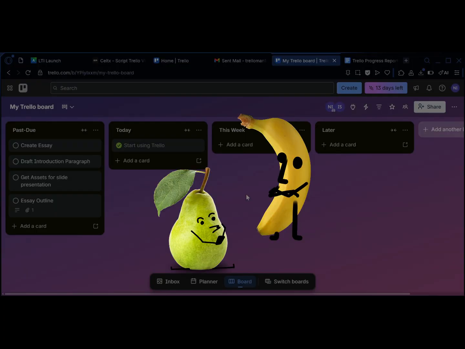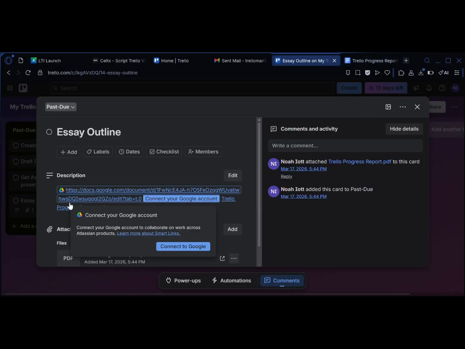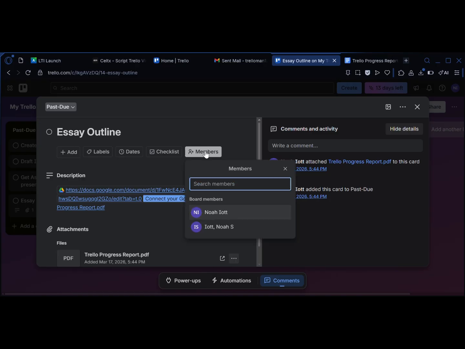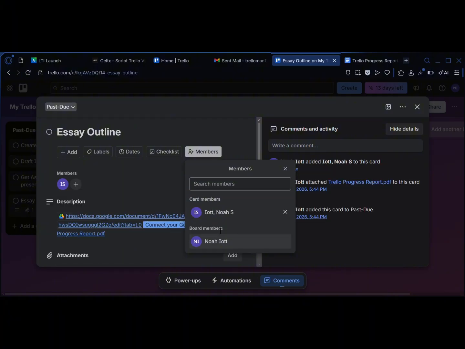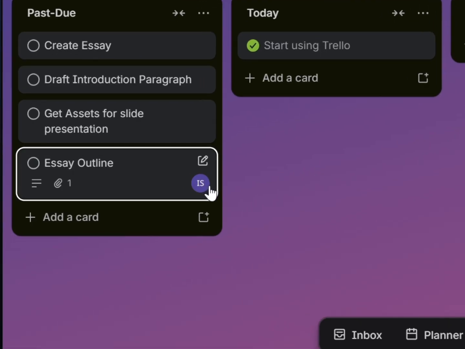Furthermore, when collaborating, you can assign cards to specific team members. Open a card and then click the plus button under Members to select a member already added to the board. Once assigned, their profile icon will be displayed on the card so everyone can see who is responsible at a glance. Next up,